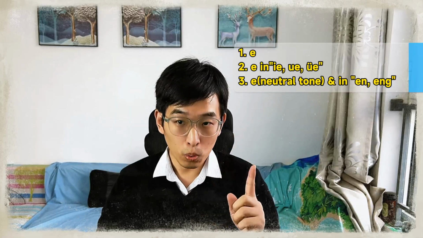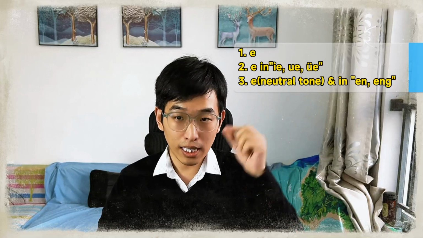Okay, let's review all three pronunciations of letter E. So the first one, letter E by itself is pronounced Yeah, for instance, 可乐, right? 可乐. Yeah, that's Okay, the second, so letter E, but after I, U, or Ü, the pronunciation is